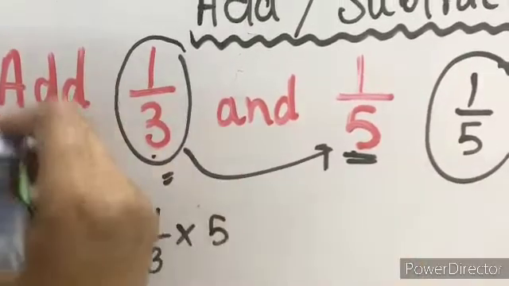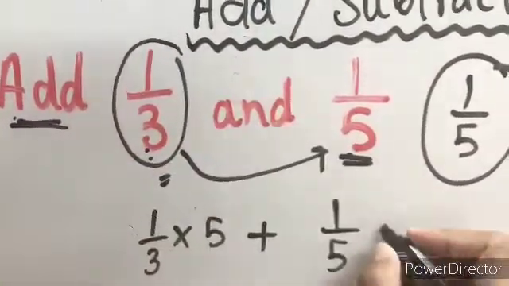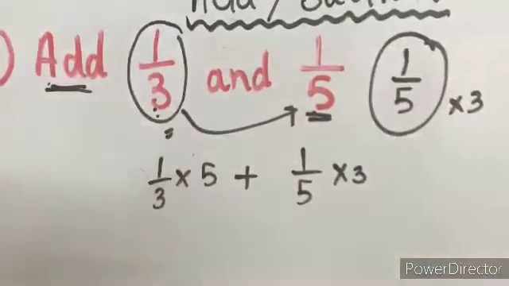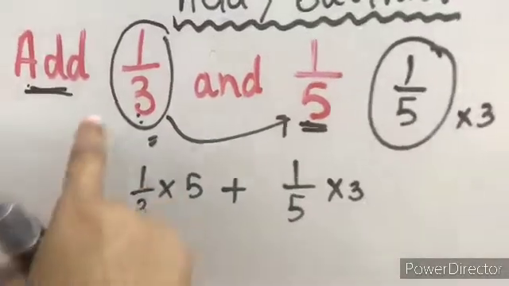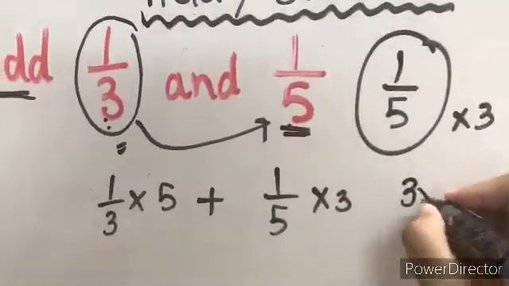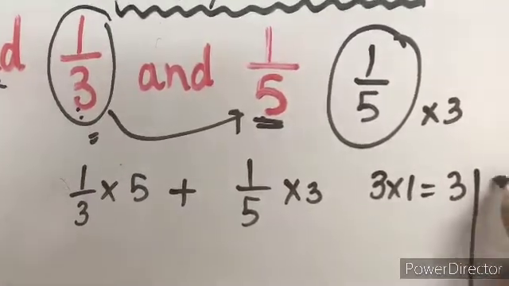You can say that, and this is addition. You can put it here: 1 by 5 multiplied by this thing. Okay, it is like that. And the other way I told you earlier, you can read the table of 3. 3 ones are 3, and side by side the table of 5.